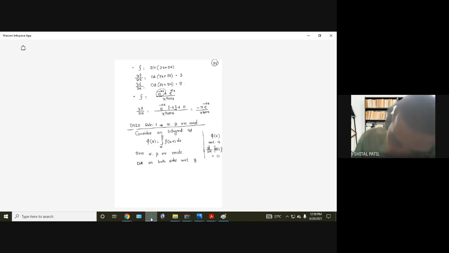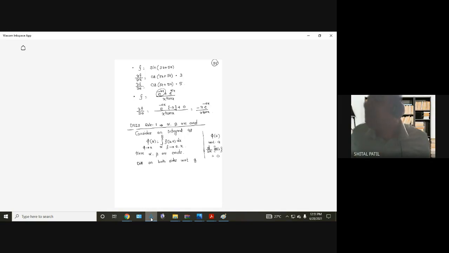Since phi is a function of a, and on the right side f is also a function of a, no doubt. It is a function of a as well as x. Getting everyone now? So we have to differentiate with respect to a. Now go to the left side. Phi is a function of a single variable, so ordinary derivative or partial derivative? Ordinary derivative. d phi by da equals the integral from alpha to beta, no change. Now I have to differentiate f of x, a. Now f is a function of two variables, therefore partial derivative.